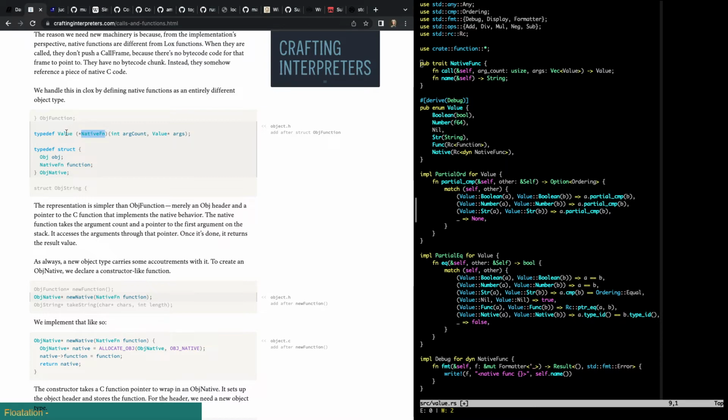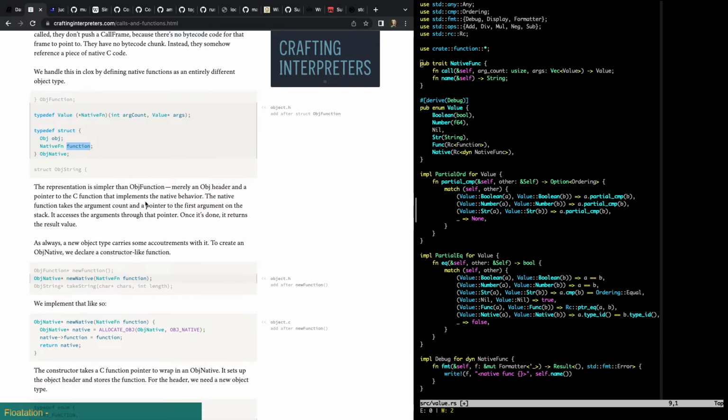Because if you did it without the parentheses, then you wouldn't be creating a typedef. You'd be creating a function declaration. But with the parentheses, it makes this. So now you can use native function, and function here is a pointer to a function which takes these 2 arguments and returns a value. And now you're shoving that in the struct.